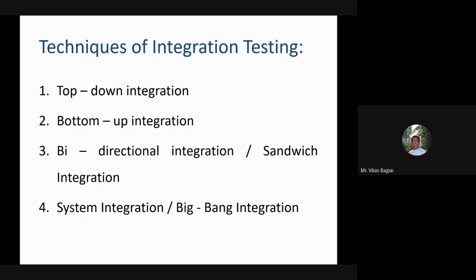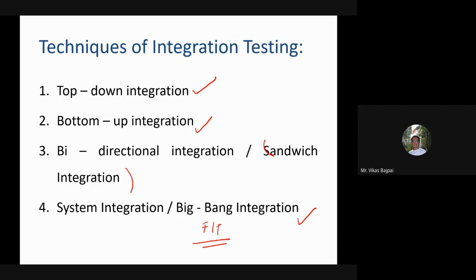Now, these are some of the techniques which we are going to cover, and I feel they are very interesting as far as black box testing is concerned. As I discussed previously, I can go ahead with top-down integration, or bottom-up integration. I can go ahead with bi-directional integration, which is also called sandwich, because it works from both directions. Then there is system integration, which is big bang integration, and FIT, which is final integration testing, when all the modules are ready.